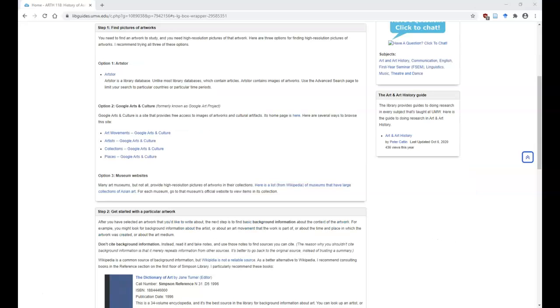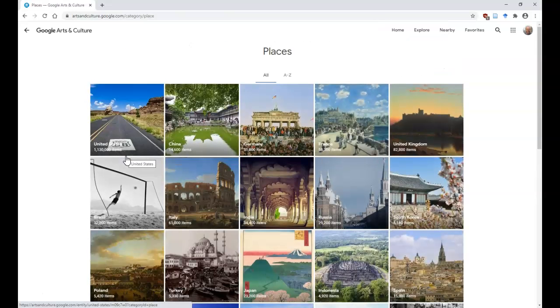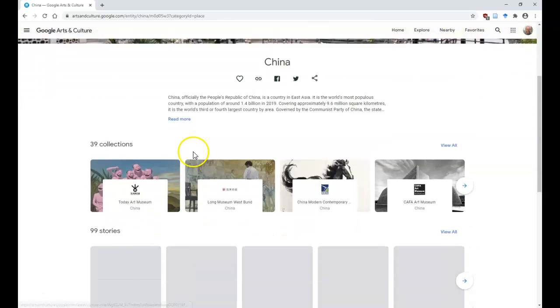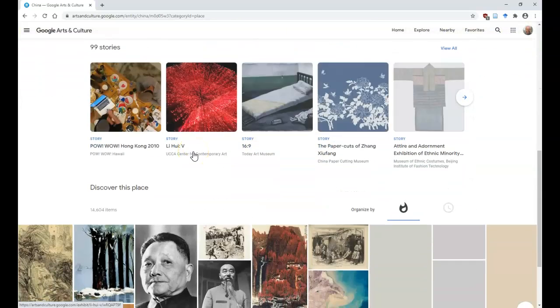There are several different ways to browse Google Arts and Culture. For example, you can browse by art movement, by artist, by collection, or by place. Today I'm going to demonstrate browsing by place. Here are all the places listed in Google Arts and Culture. I'm going to take China as an example. If you scroll down, you'll see that Google Arts and Culture contains